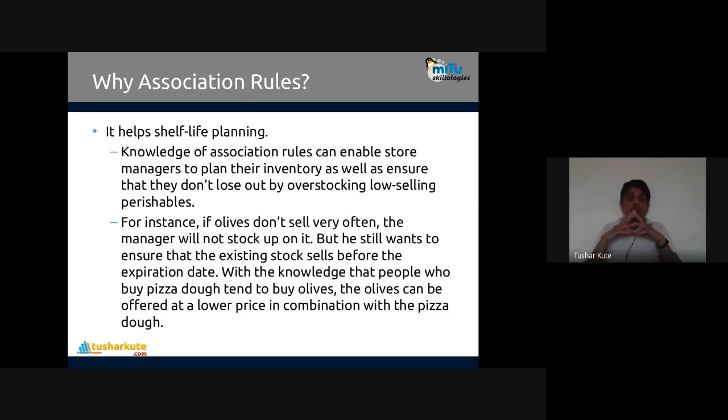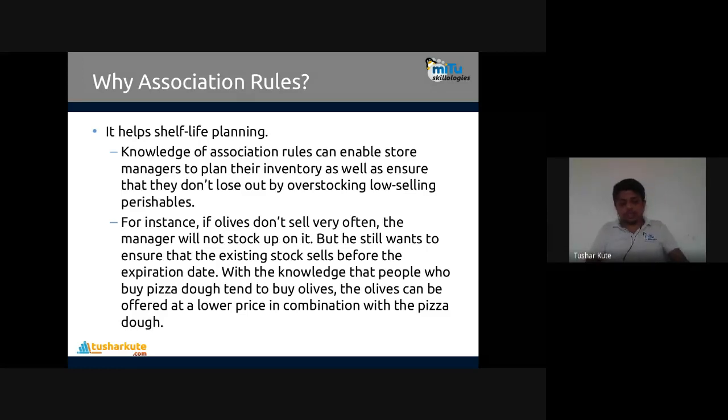Yes, overstocking: we are having a huge amount of stock. Low-selling perishables are there, which means they are very rarely sold. After 15 days, one item gets sold. But we can plan where to keep it. That's connected to where you have to showcase it. Both are coming together. Someone has seen that item, and just near that item another item is there. Can I purchase it? Obviously, that is possible there.